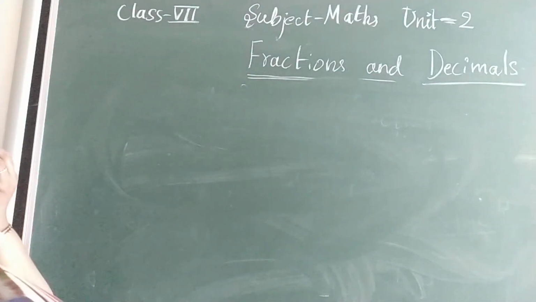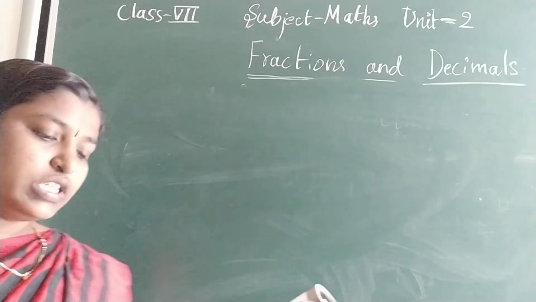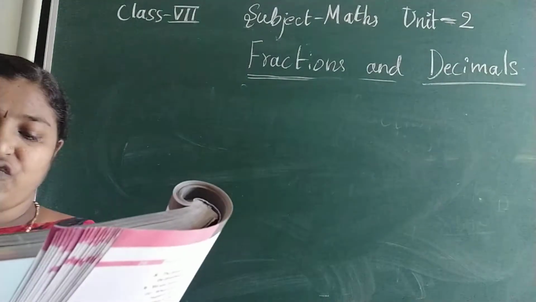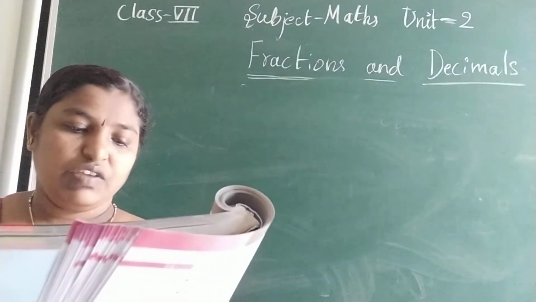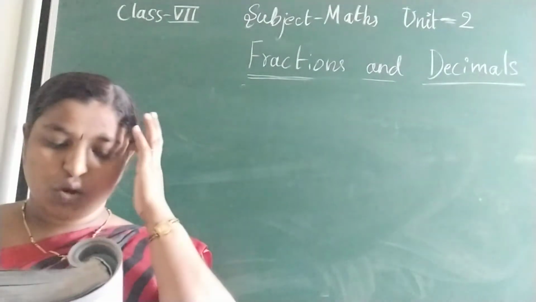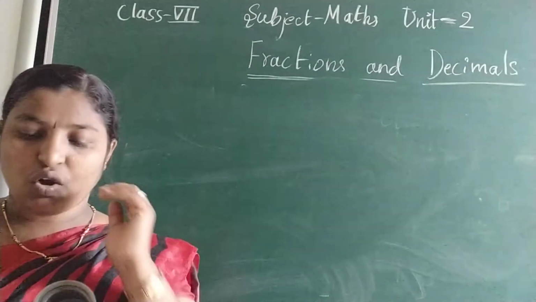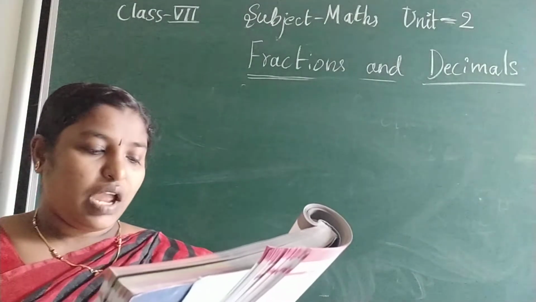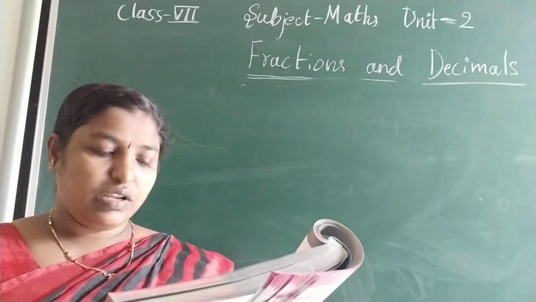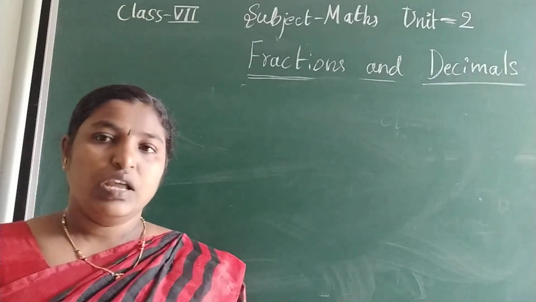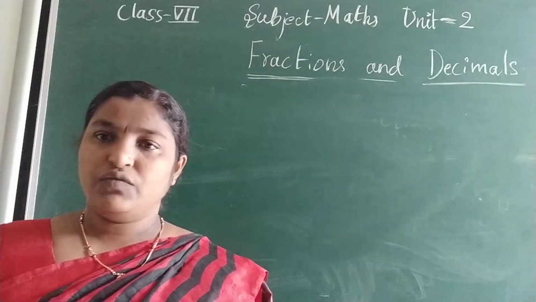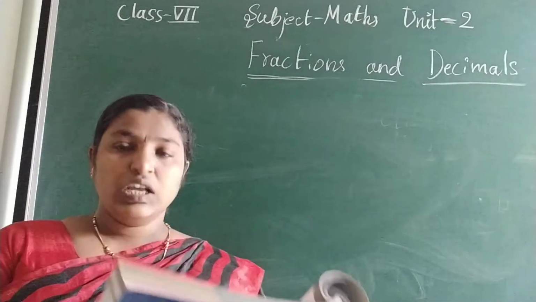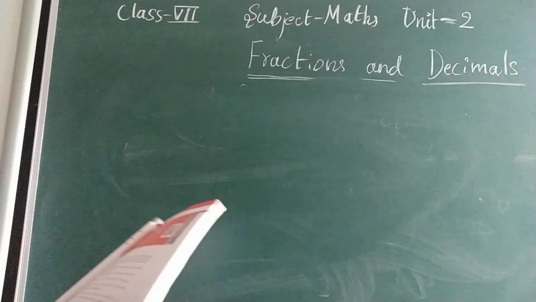Next, look at your textbook. A proper fraction is a fraction that represents a part of a whole, for example 3 by 4. In a proper fraction, which is bigger, the numerator or the denominator? An improper fraction is a combination of a whole and a proper fraction, for example 7 by 4. In an improper fraction, which is bigger, the numerator or the denominator? In improper, the numerator will always be bigger than the denominator. Next, they have given equivalent fractions.